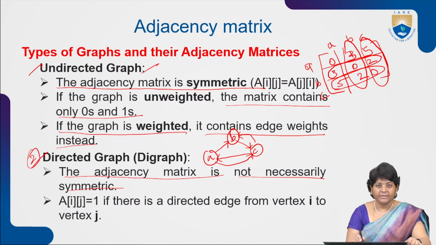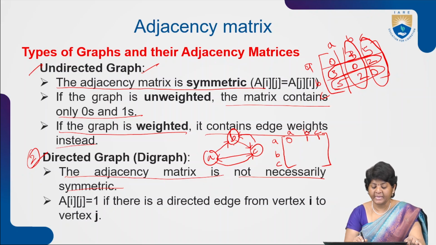Now, for this directed graph, the adjacency matrix will have rows and columns A, B, C. We will write the adjacency matrix, which is a square matrix. A to B, the connection is established and the direction is given, so we should write 1. Fine. And there is no loop, so we will mark it as 0. Now, is the A to C connection established? Yes, because A to C, a directed edge is there. So A to C we will mark as 1.